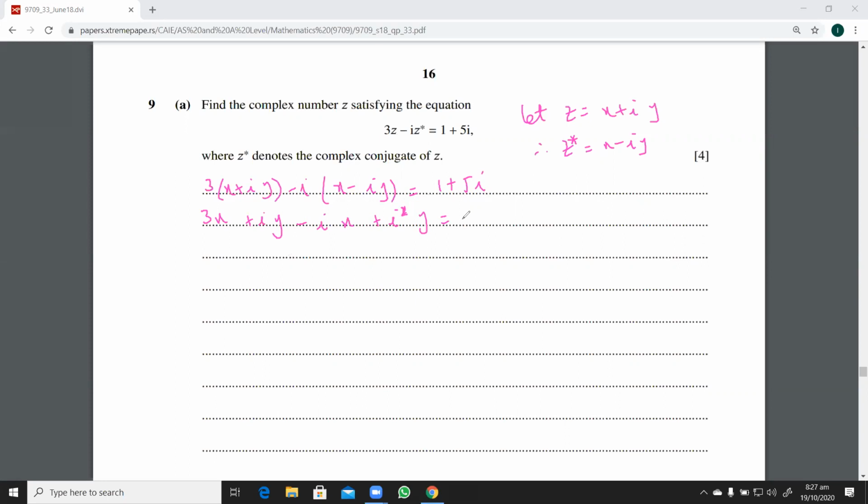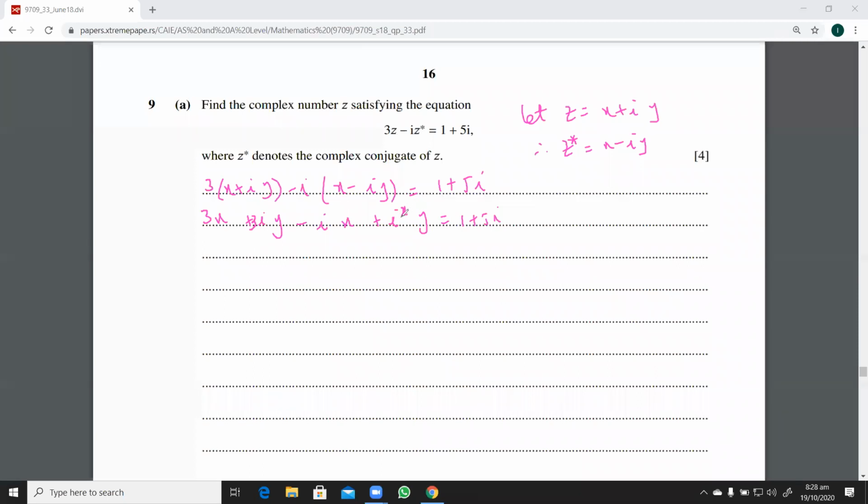Yes, beta? Yeah, this is 3x plus 3 iota y. Thank you, beta, that you just noticed it because you were doing it. That's great. Okay, so it's 1 plus 5 iota. So then we have